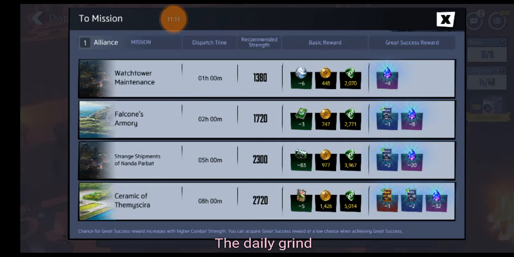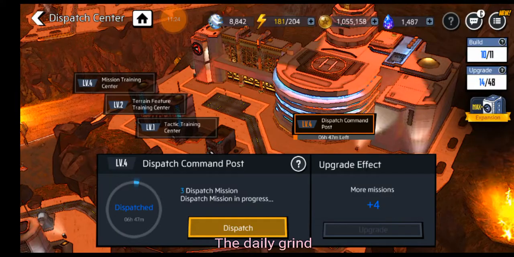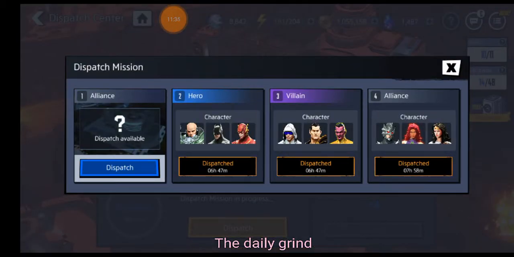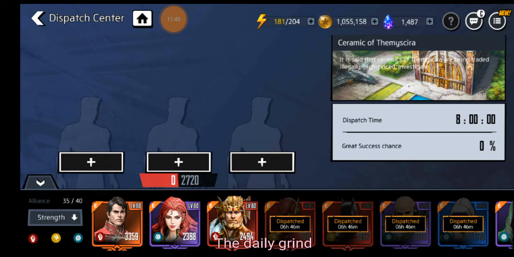All of the first missions for every group of all the dispatch missions, in the very beginning you only have alliance and hero, and as you build up your dispatch center with upgrades, it's this dispatch command post. When you upgrade it to level 4, then you can actually get the 4 missions. But if you only have one, just run your characters on the first mission, and the package that I told you about, the dispatch vault, what it allows is for you to keep repeating quests without having to log in, so you can